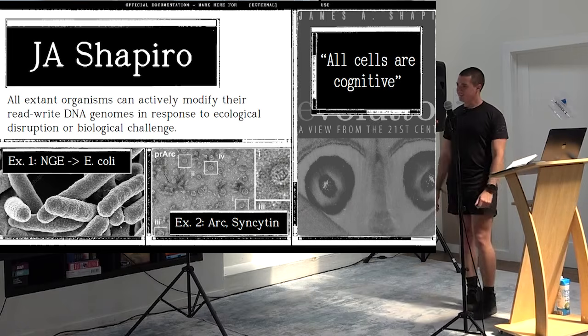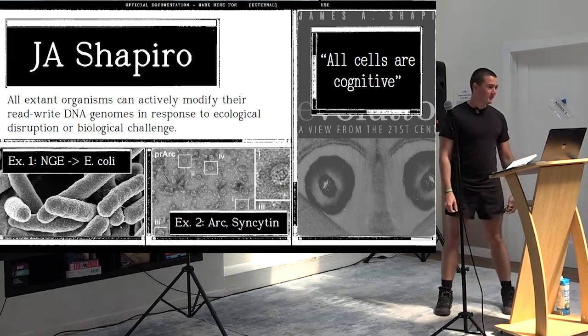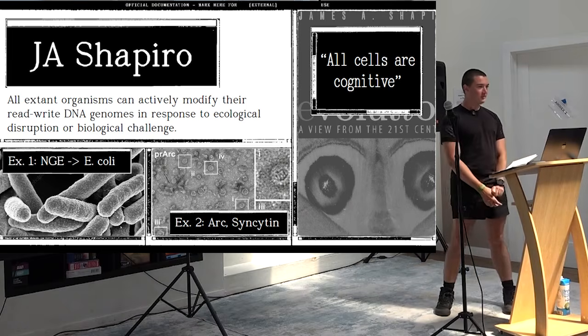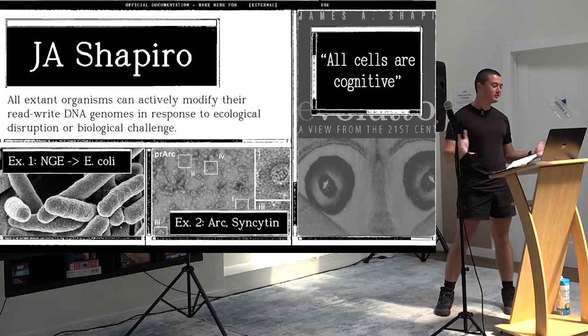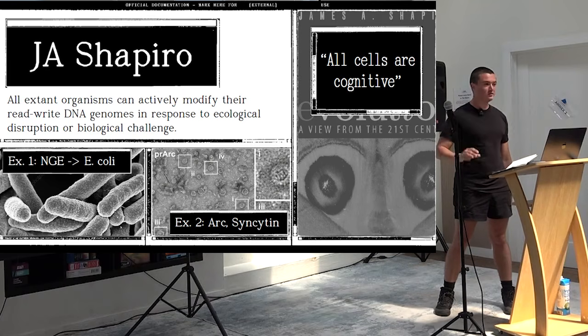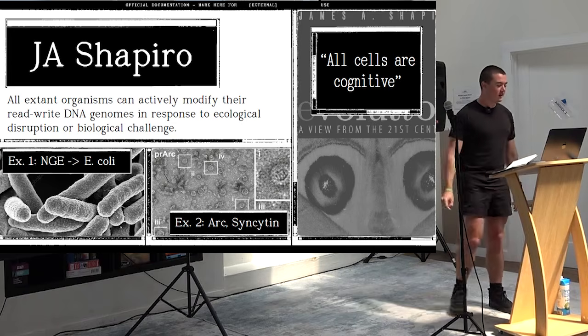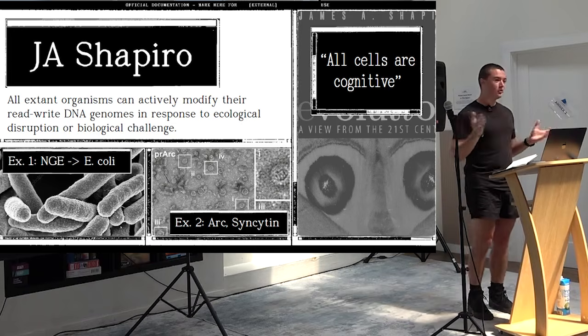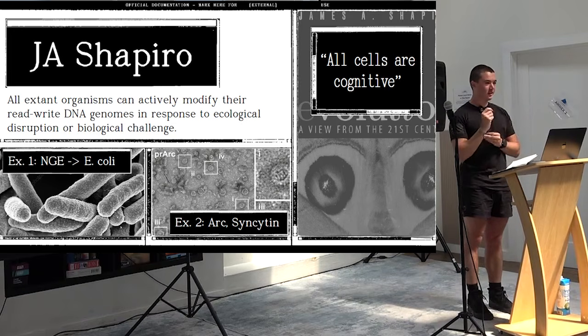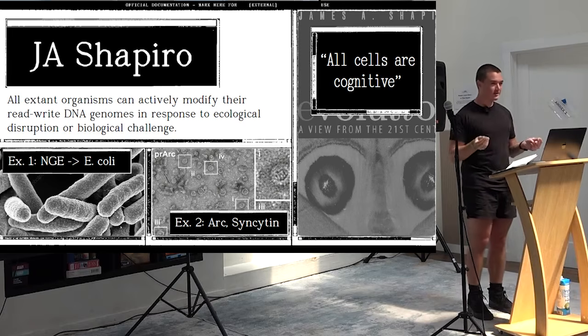And then, going through a lot of people here, James A. Shapiro. James A. Shapiro is still working. He has a 21st century agenda for evolution. He doesn't think evolution is a simple Darwinian process where there are just random mutations. Basically, it's been known in many cases that organisms can rewrite their own genome.